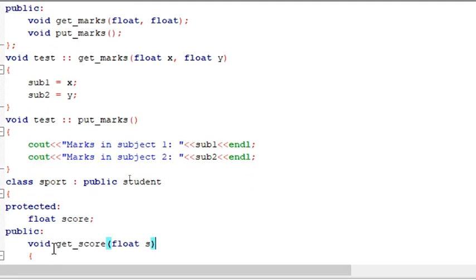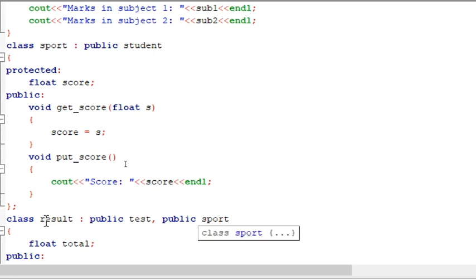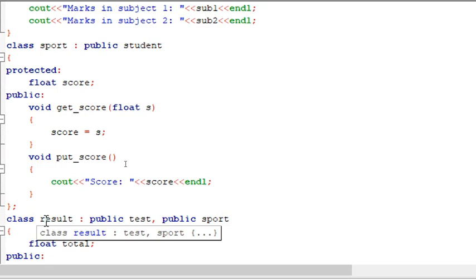When it comes to the next class, we have something called result. This result is going to acquire the properties from test and sport. That means result is my derived class, and test and sport are going to be my base classes for result. So here it satisfies the multiple inheritance concept.